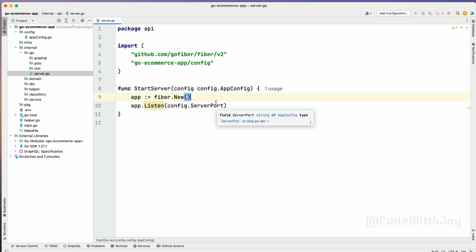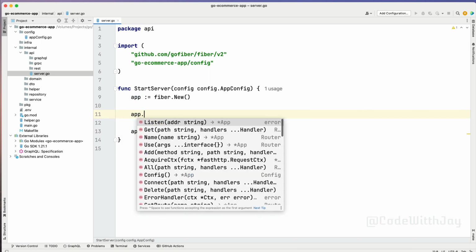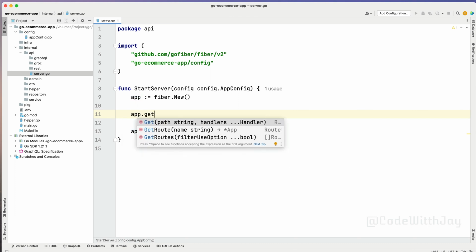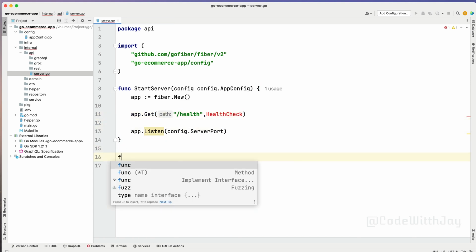So now this is the time where we will be adding some endpoints. Let's add one endpoint so at least we can try it out and see that our server is responding correctly. So let's go here and app.Get, just like we do in our Node.js application, in a similar way. Here we can put health. There should be a handler which is going to handle the request, right? So let's declare one handler. That handler will be something like this: health check, and func